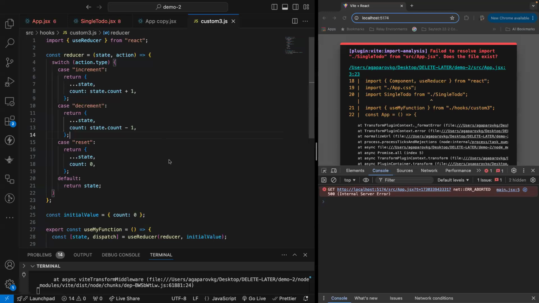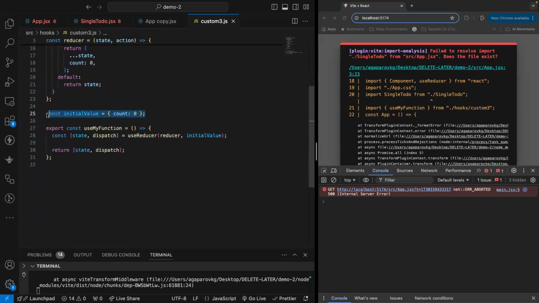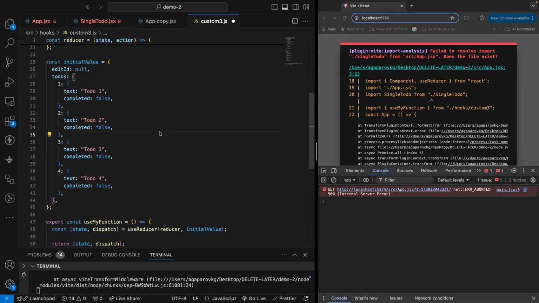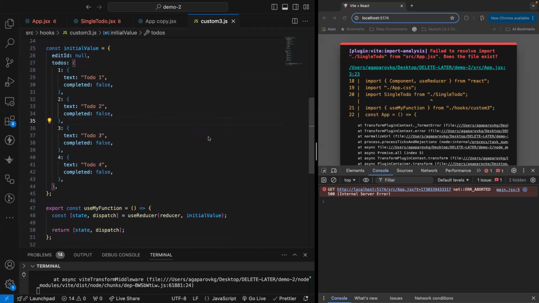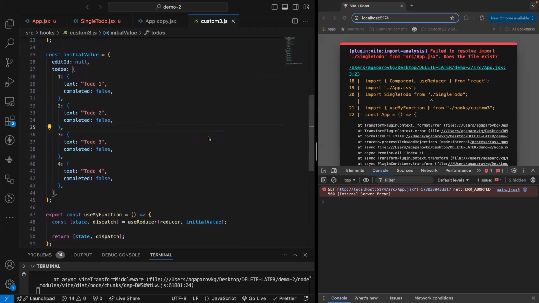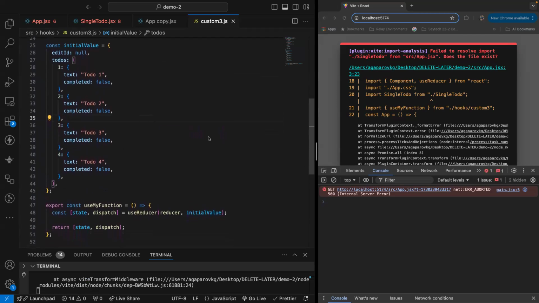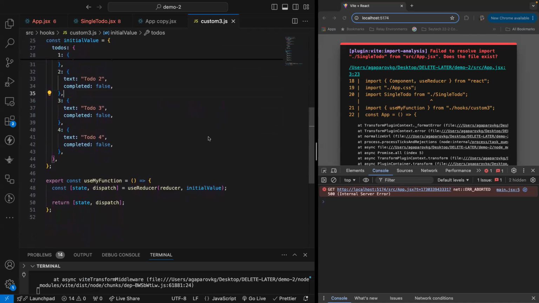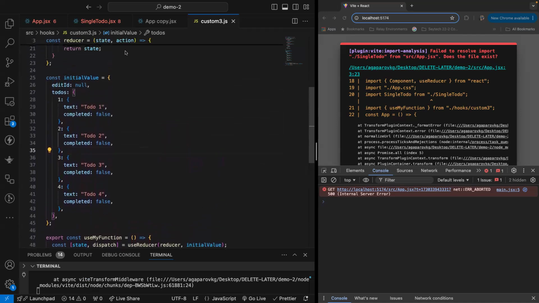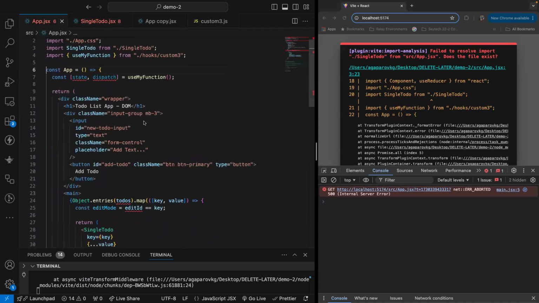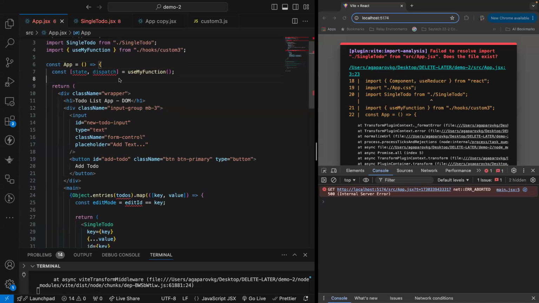Custom 3, the initial value is going to be this guy. All right, initial value is going to be that guy. Cool. So reducer, initialValue. Let's come back to our FJSX. State, dispatch, use my function. So in terms of state,